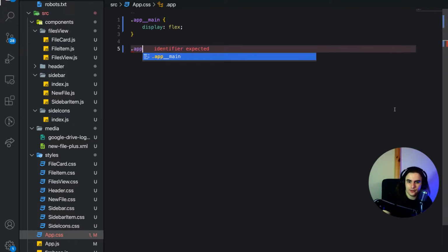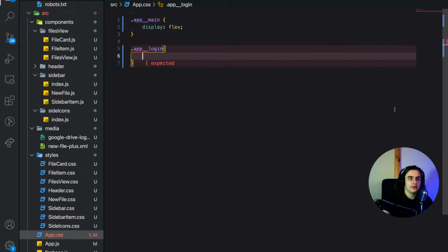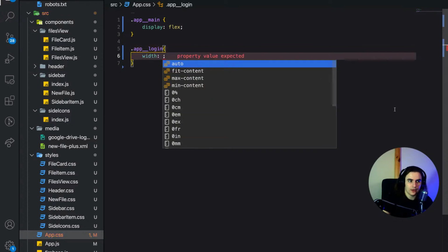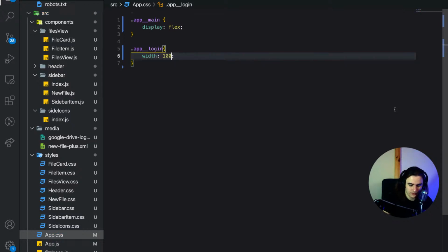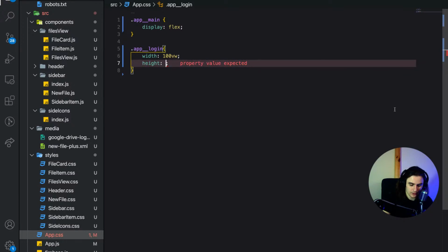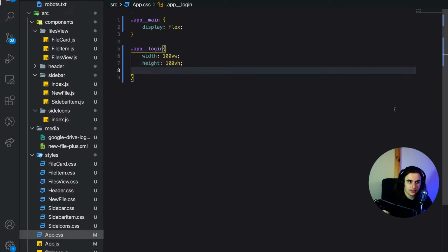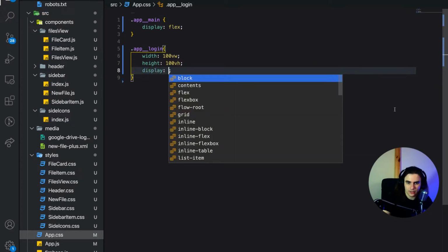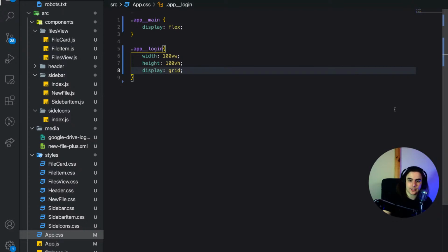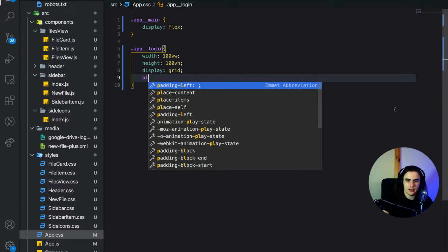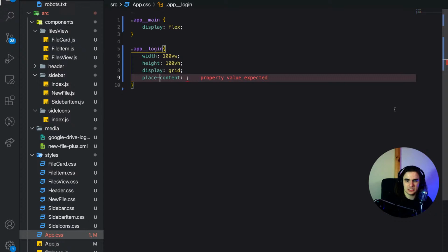So app login, and we will say width of 100 view width, height of 100 view height. We will say display grid this time, and we're just going to say place items, actually, and we will say center,